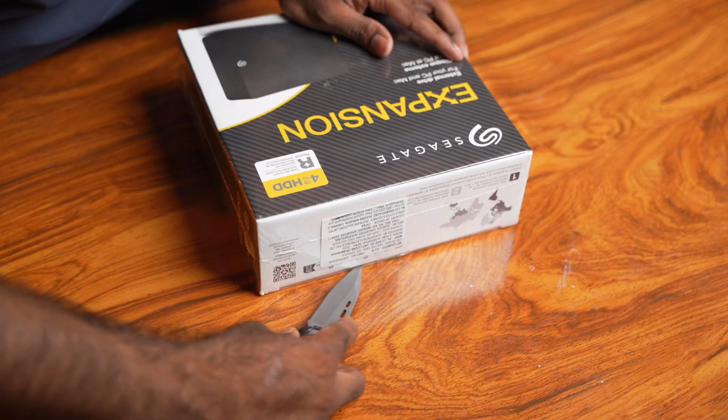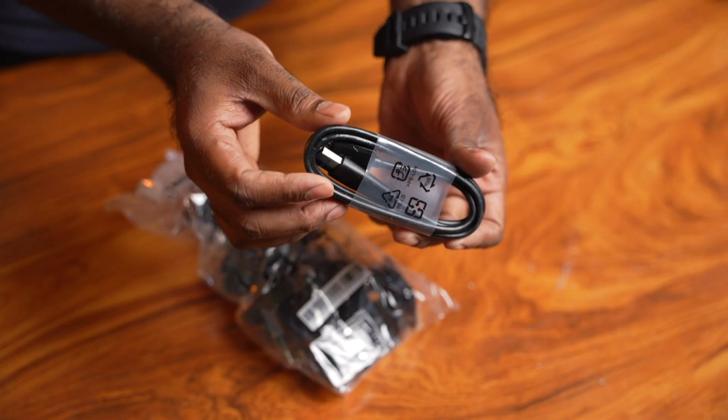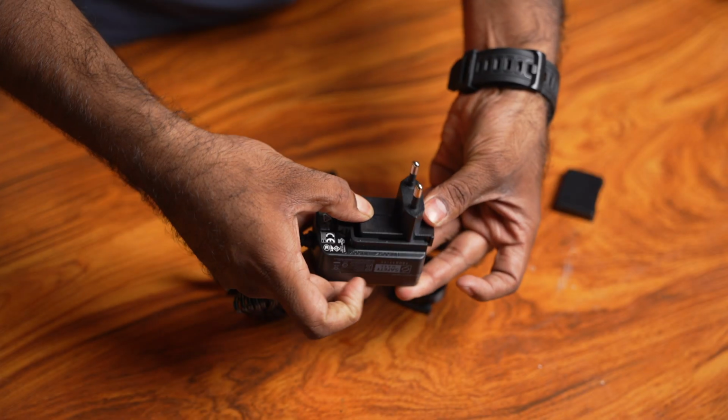Motovloggers don't need much storage, but moto content creators need much bigger storage systems like this. Well, what's the difference between a motovlogger and a moto content creator? Let me explain that. A few things that I have learned is that motovloggers who travel much are more inclined